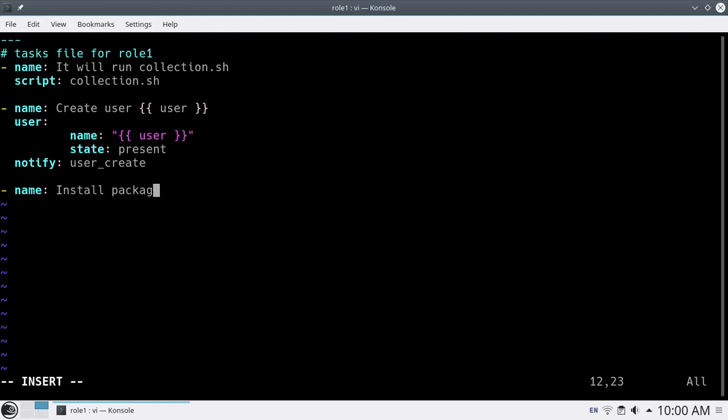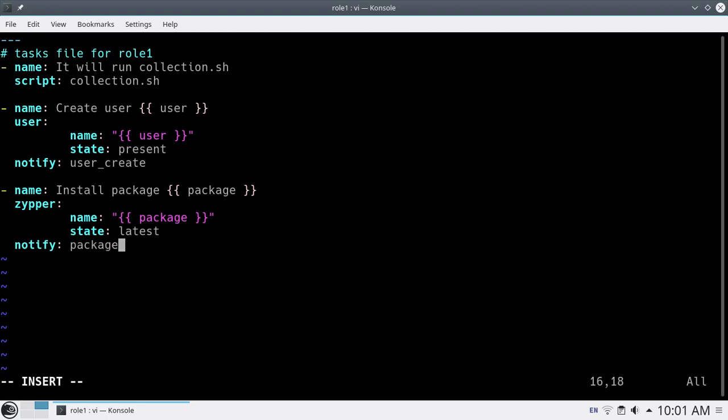Then install package, name I'll use gpart, state latest, and I'll notify package_install. Till now is done.